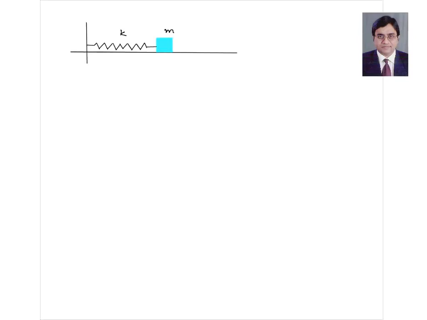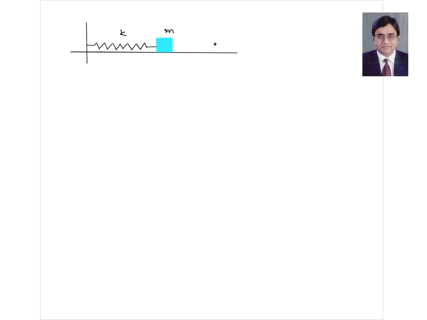That's how a spring behaves. If this is the unstretched position and you pull it to the right side, the spring won't like it. The spring will apply force on the left side. So x vector is on the right side and force vector of the spring is on the left side. So what happens if you pull it to the right side and you release it? It goes to the left side. It comes to its original position, but it doesn't stop there